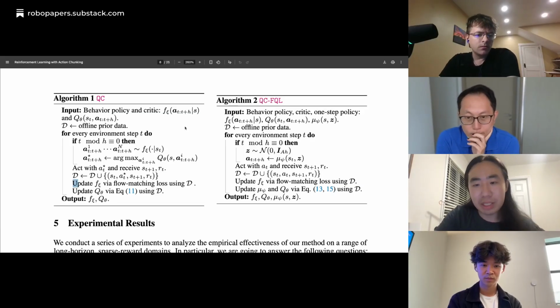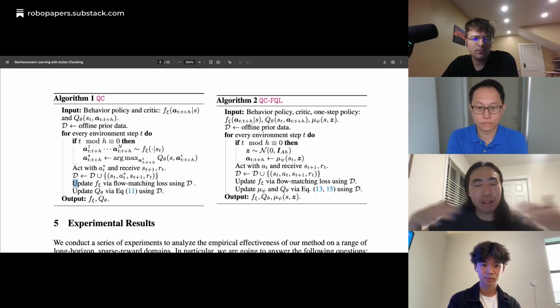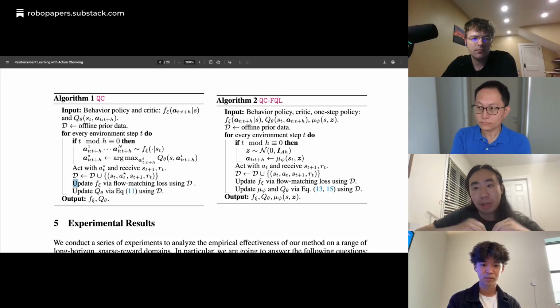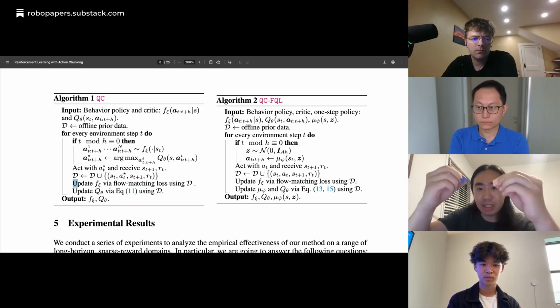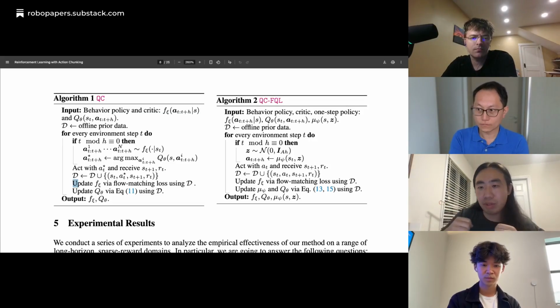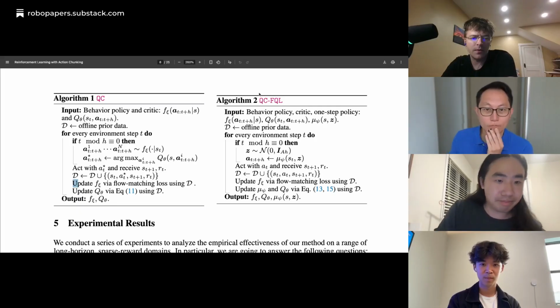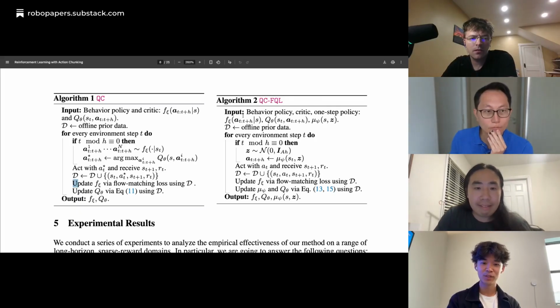But for the FQL one, it's a little bit more specific to flow matching policy, because we do need to use some distillation loss. How FQL works is that it distills from a multi-step flow policy into a one-step policy, so that we can optimize it against the value function very easily. So that framework does rely a little bit on the flow matching policy, but I think you can also get away with it by using the DDIM sampler for the diffusion policy as well. But we didn't really try it in our paper. Yeah, makes sense. Essentially, they're just applying the same behavior constraint idea to different kinds of behavior constraints.